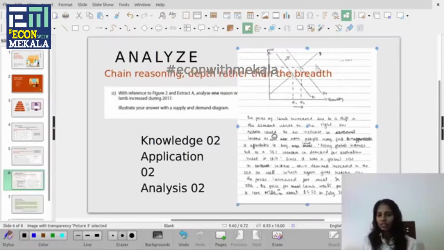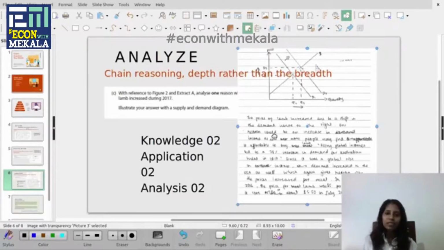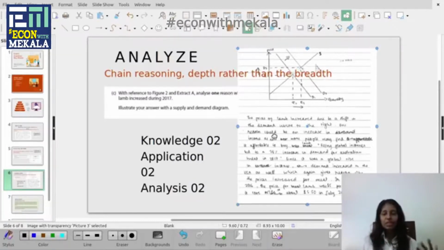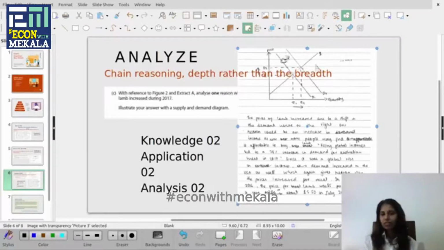He has picked the reason from the case study, because the income of people increased. So when the income of people increases, we all know income is a determinant of demand. So when income of people is increasing, naturally, assuming all other factors influencing demand remain constant, demand is going to increase. So when the demand is increasing, we know the demand curve can shift to the right. So he has demonstrated fairly well. Here the demand curve has shifted.